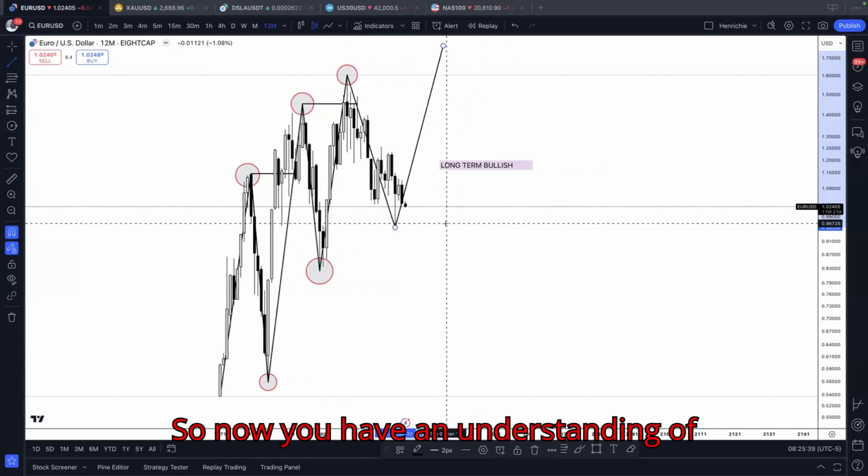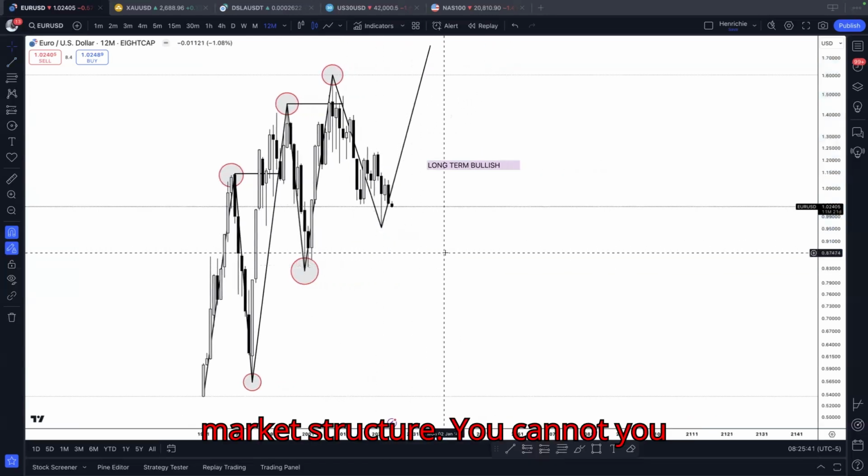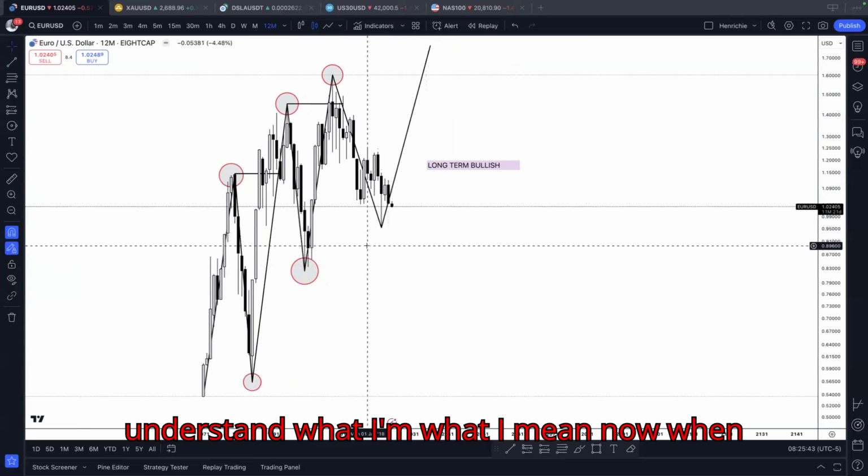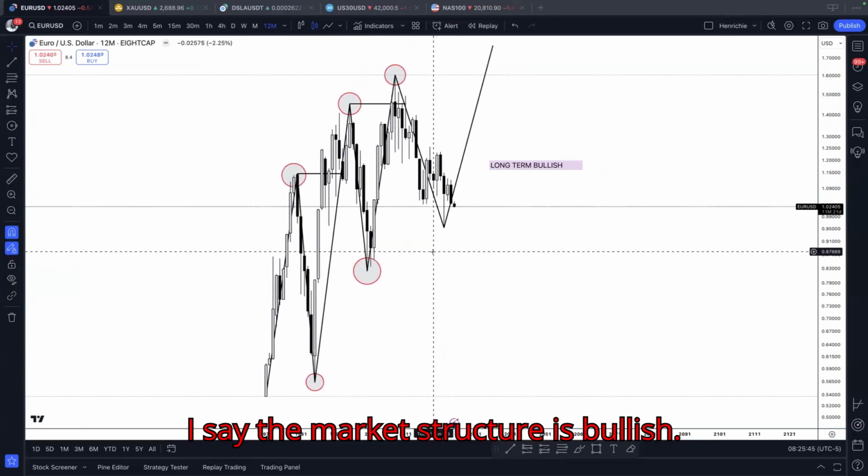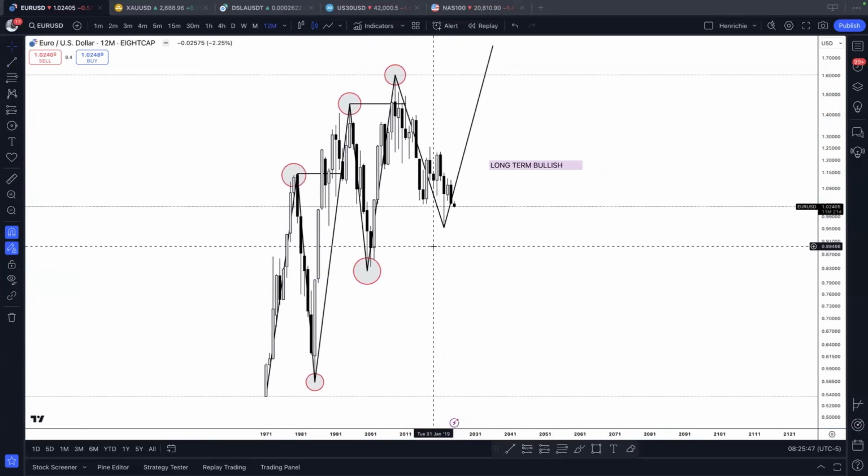So now you have an understanding of market structure. You understand what I mean now when I say the market structure is bullish. Now,